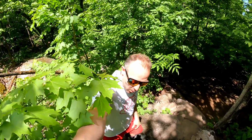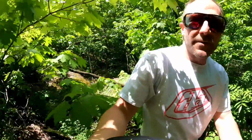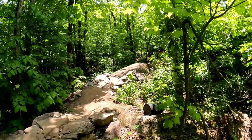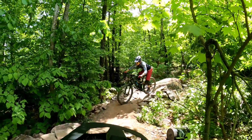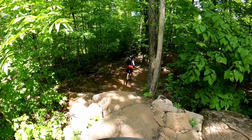All right, so attempt number 1 was successful. Attempt number 2 was a crash. Attempt number 3 was a bit of a bobble, I would say. Here's attempt number 4. So Roxanne's gonna come on the outside, open the corner. By opening the corner, by riding around